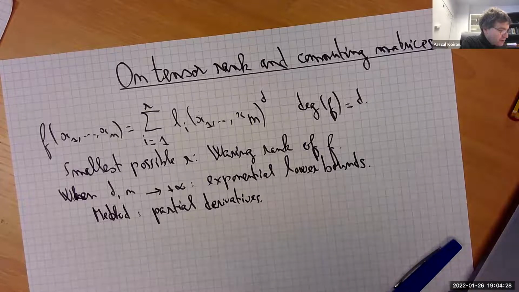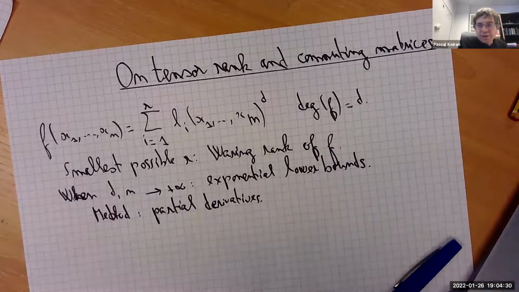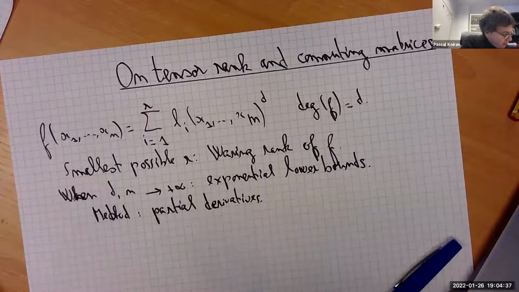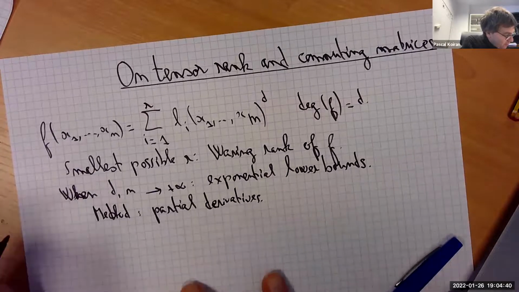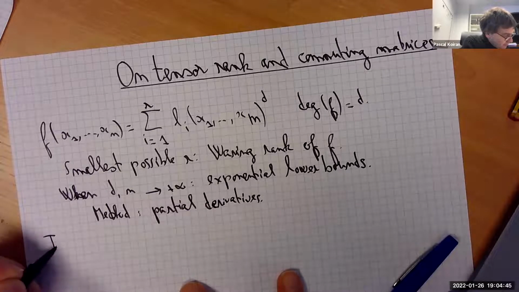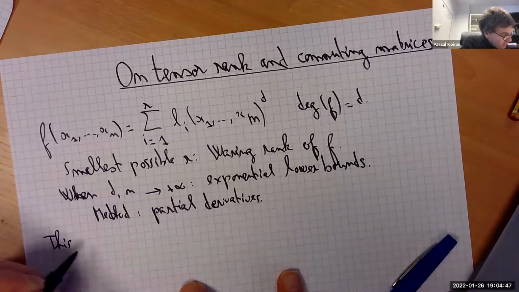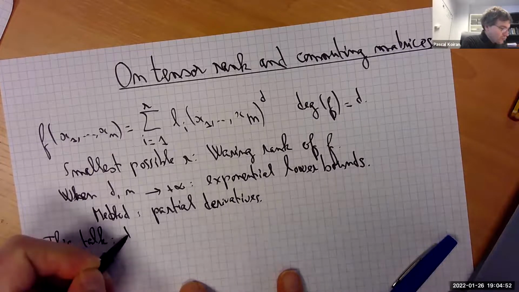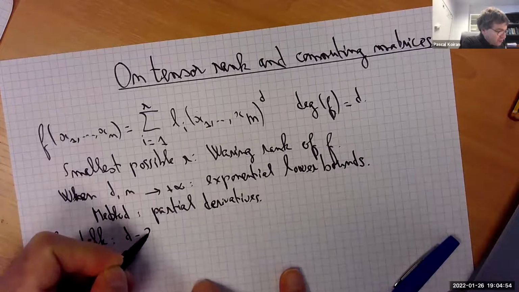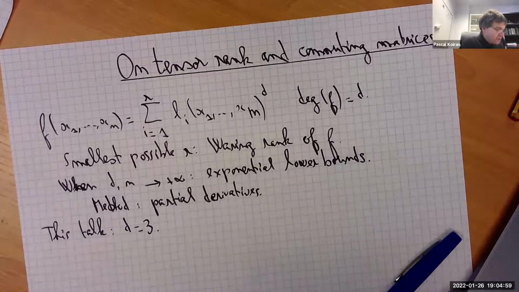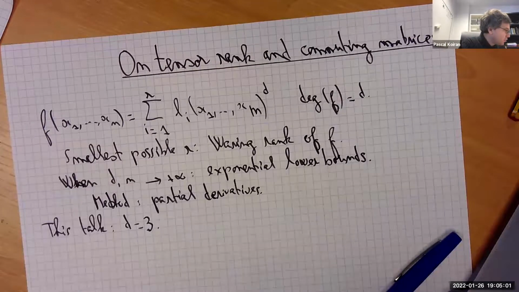So this is all fine, but for small degree, the current results that we have are not so satisfactory. Even for degree 3, so this is the case I'll consider today. And degree 3 is relevant, for instance, if you want to talk about the complexity of matrix multiplication, but I'm not going to focus on matrix multiplication in particular in that talk.